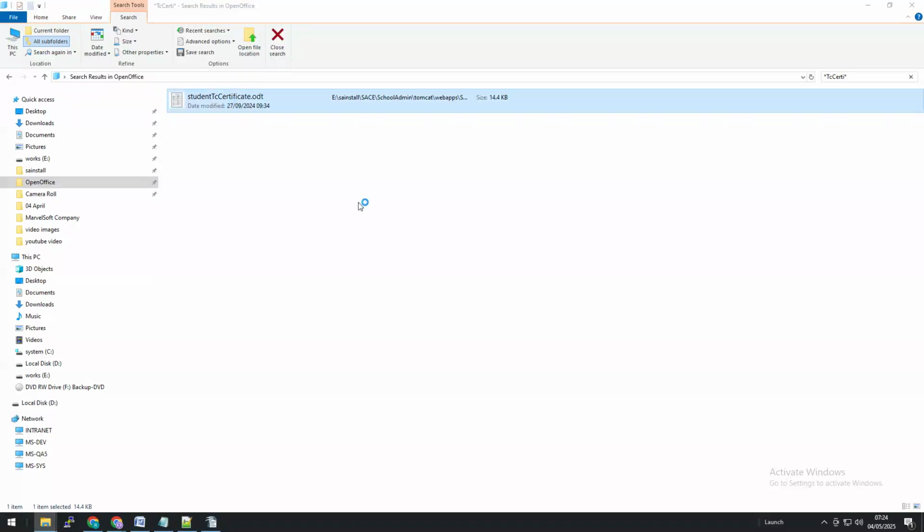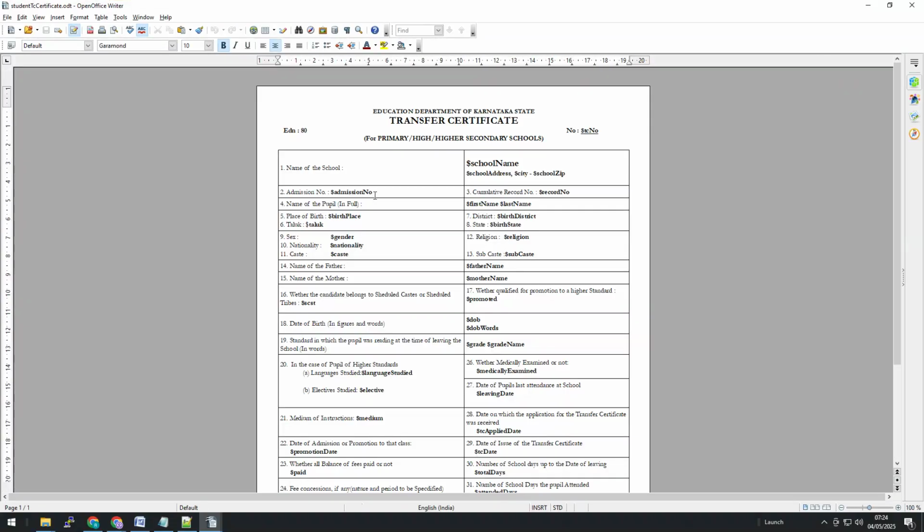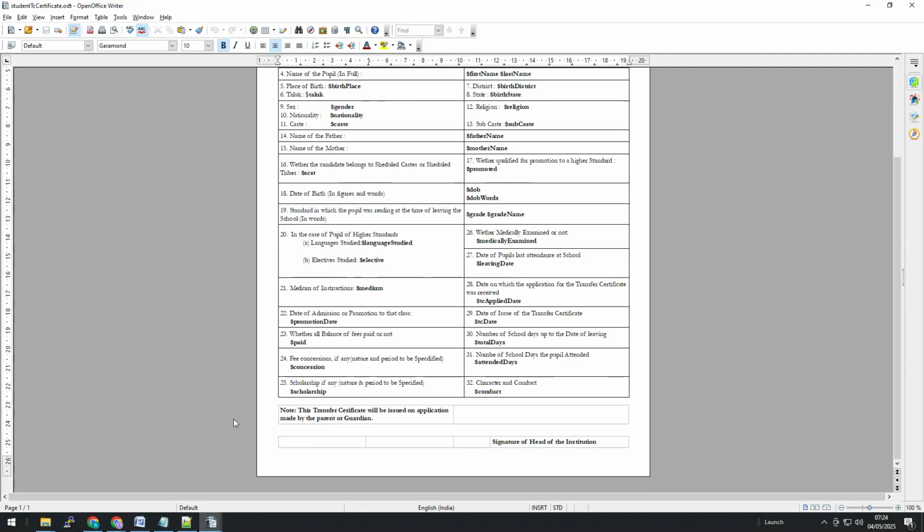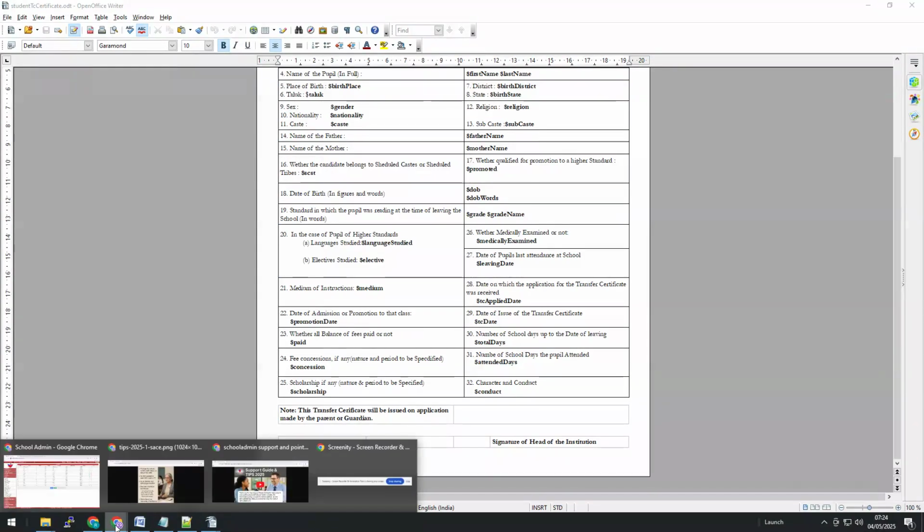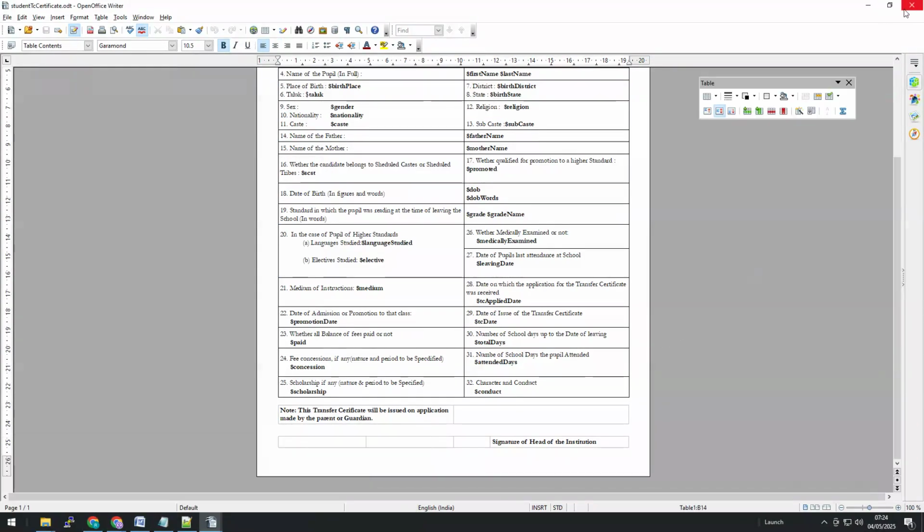Student TC certificate ODT. Okay, so also